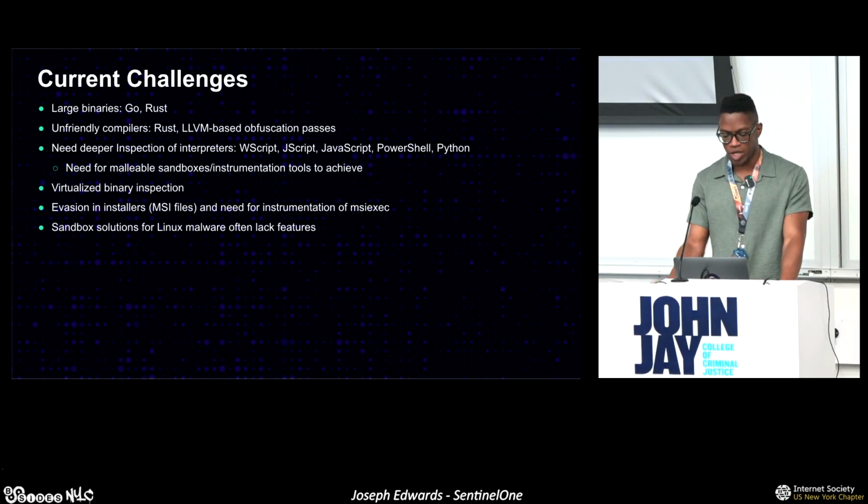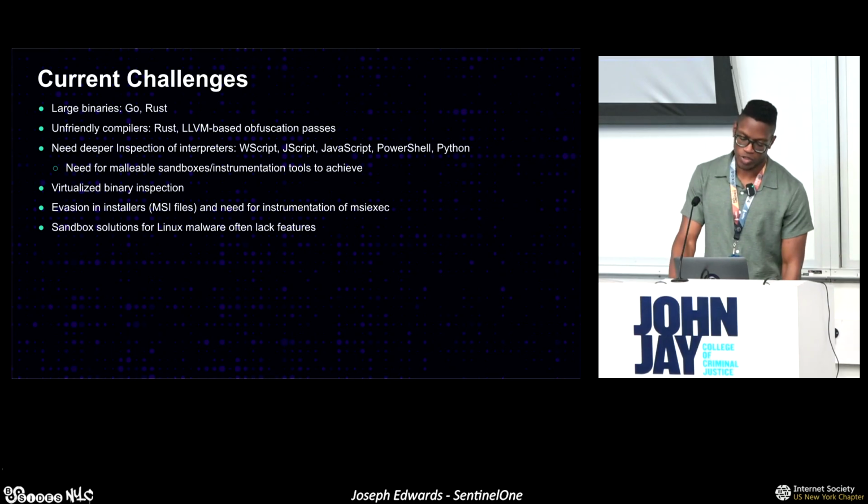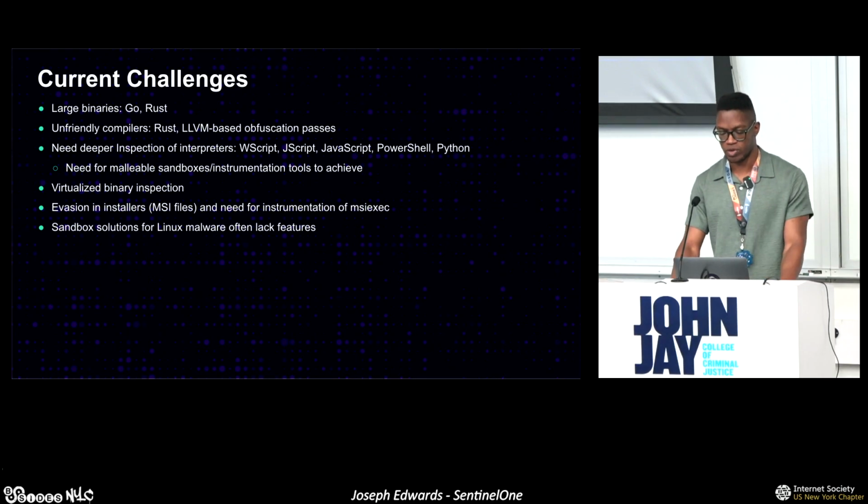And then unfriendly compilers, obfuscation, Rust and unknown compilers can really throw off your normal control flow. If you're familiar with C and C++, usually those things are kind of clear, but we're at a point where the Go compiler and the Rust compilers are changing all the time. And so things that might have worked last year for them might not work this year, if you were familiar with some of those